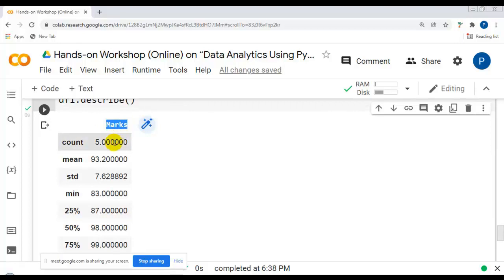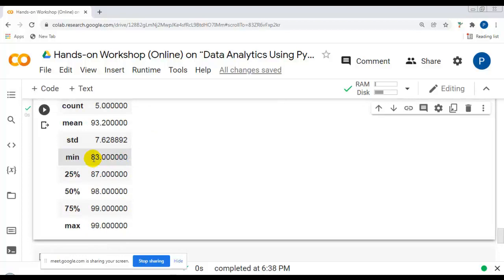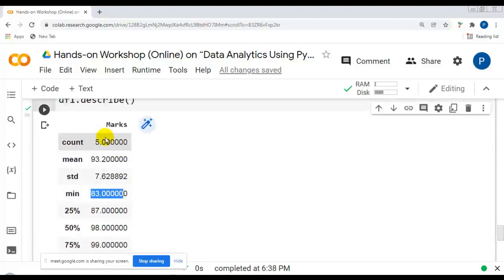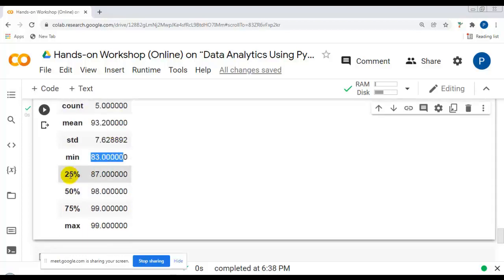So that's why it is displaying these statistics only for numerical columns. You can see count 5 because 2 values are missing. Total 7 rows but 2 values are missing, that's why it is showing count 5. And this is the average value, and this is the standard deviation, and you can see the minimum value in this particular column, marks, and these are the percentile values 25%, 50% and 75%.